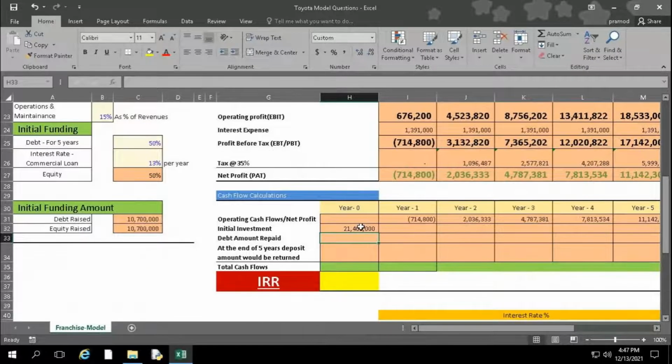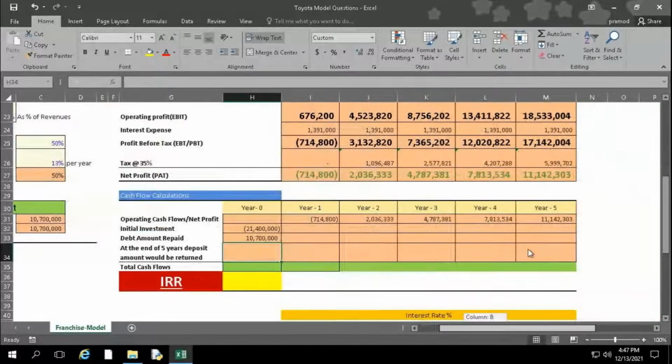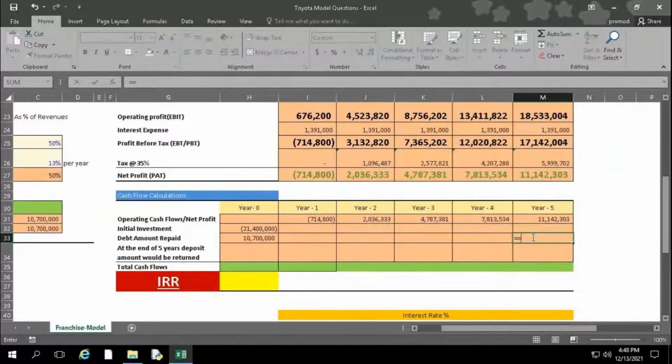So at the end of the year, whatever your expenses will become zero. So in the beginning year only, my initial will make it zero. So the minus I will do. It is an investment, a cash flow out. So it's a cash flow statement. So debt repaid. So at the end, they are telling me how much I want to repay. So that is 1 crore 10 lakh 70,000. So this will be my amount. In the beginning, I'll make it positive. At the end of the year, I'll make it negative because I'll have paid my debts.